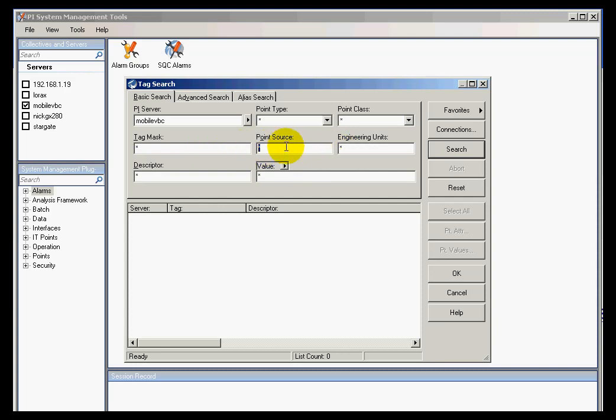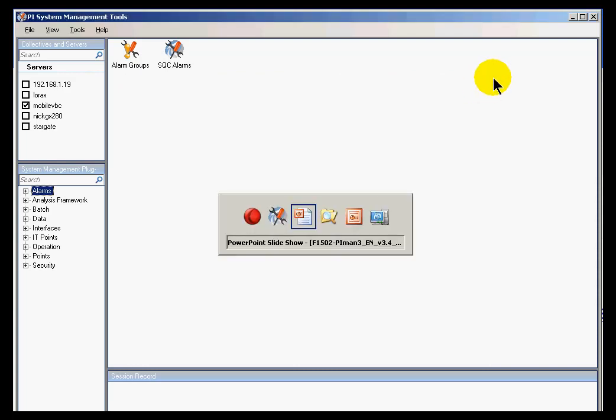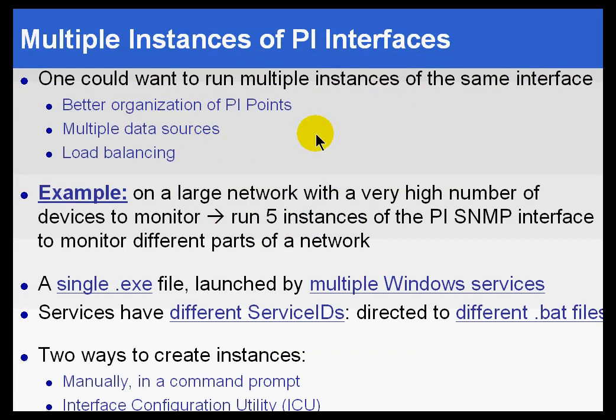So, if there's a front end and a back end, you could use different point sources to indicate the different parts of the system that you'd like to look through. So that's one reason, but typically it's because you have a requirement, you have multiple data sources, and a single interface just doesn't efficiently go to more than one data source, or if you simply want to do load